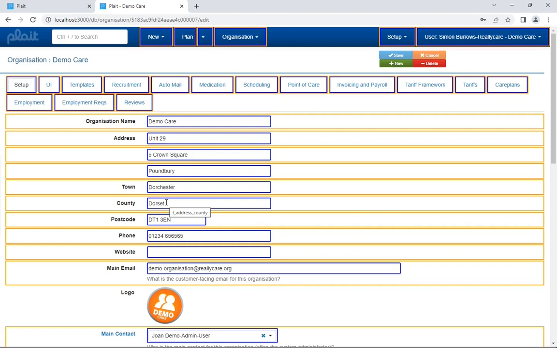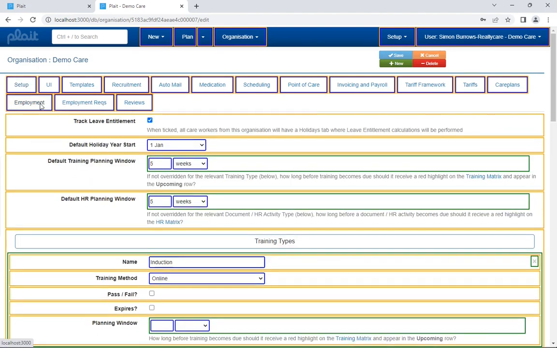The exception to this general case occurs when a field has more than one input control. Let's take a look at an example of this on the Employment tab. Here you will notice that the default training planning window field includes a numeric input as well as a pick list for selecting units. Both of these inputs have a blue border around them, identifying that they can each be individually disabled. However, there is also a green border around the two controls together, and this is probably of more use to us as this identifies a group of elements that can be collectively disabled by using the disabled plus